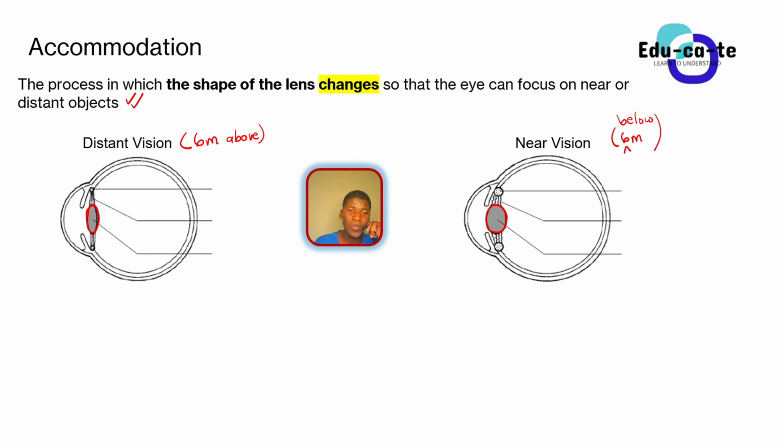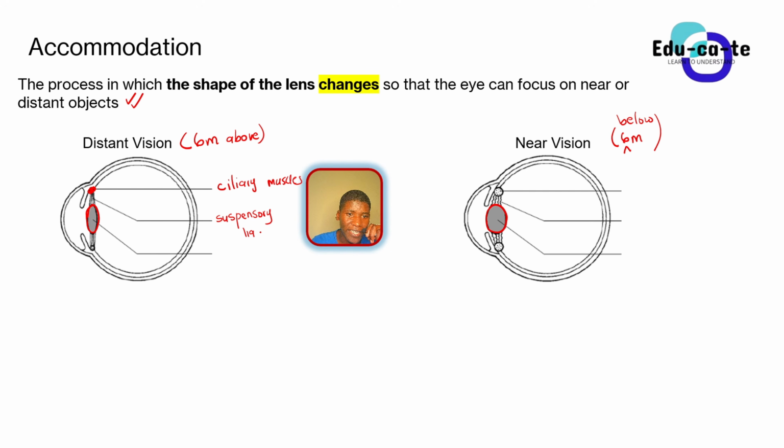Now let us look at common labels that we need to take into consideration. Here, these are known as the ciliary muscles, at the tip of the suspensory ligaments. And remember that these things that look like strings, holding the lens in position, are known as suspensory ligaments. Just rewinding this so that you remember the labels of the eye. These are suspensory ligaments.